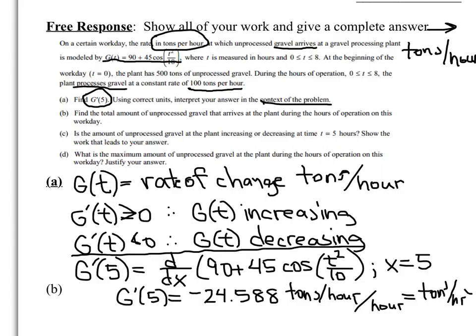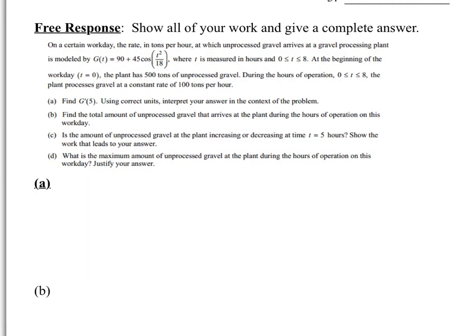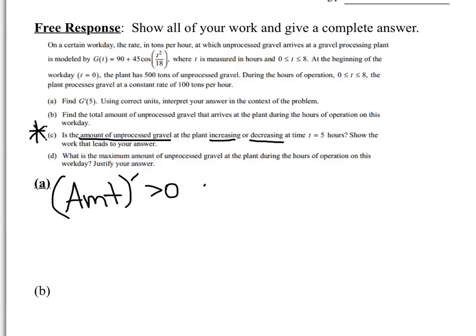Now you're going to practice a question like this. Okay, let us look at part C of this question, because this would probably be the next spot where the biggest mistake happened. Now, the trickiest part again of this is reading comprehension. So for this question, they're asking, is the amount of unprocessed gravel increasing or decreasing? Now remember, to find out if a function is increasing, so like for example, the amount, we look at its derivative, and if it's greater than 0, then it's increasing. If it's less than 0,